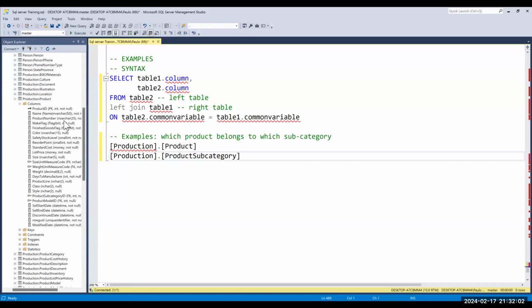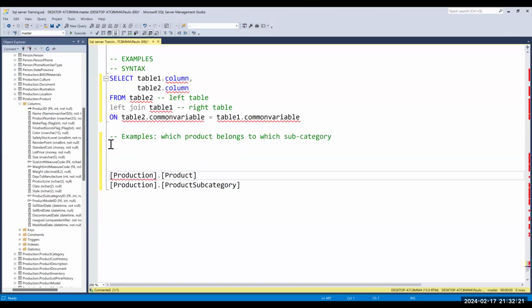Now, we weren't told which columns we need from these two tables. Which of the columns are we interested in? So let's just assume you have the freedom to choose the ones that you think would explain it better. So the first thing I have is select, right? So let's say you want to see